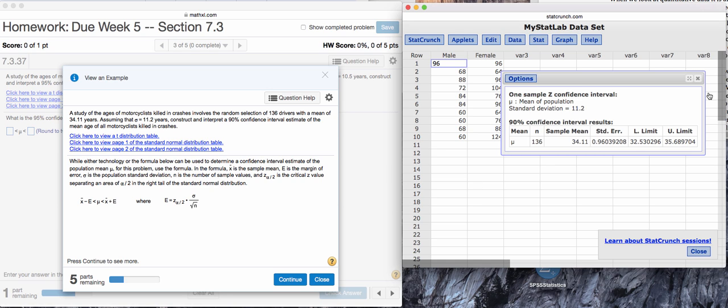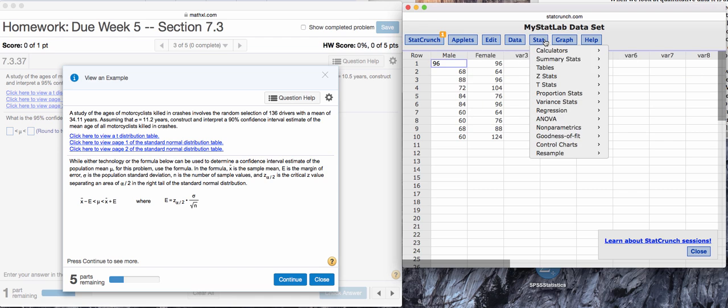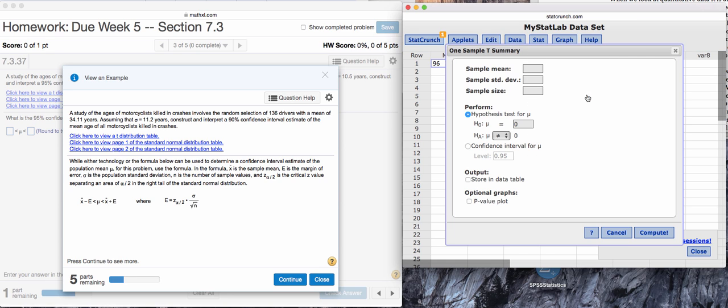In a similar manner, if you are working with a t-distribution, maybe you have a smaller sample, we'll do the same thing. We have the summary information. The only thing that would differ is, let's just say maybe that this sample was 25 individuals. Because it's so small, we use a t-distribution instead of a z-distribution, but everything else looks exactly